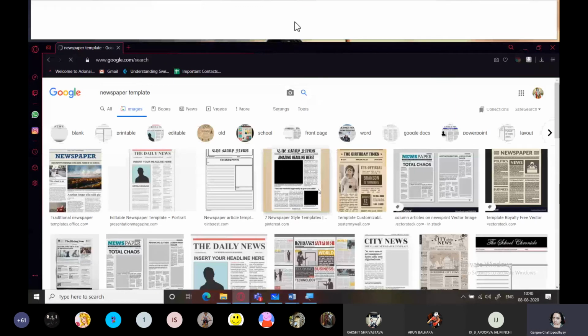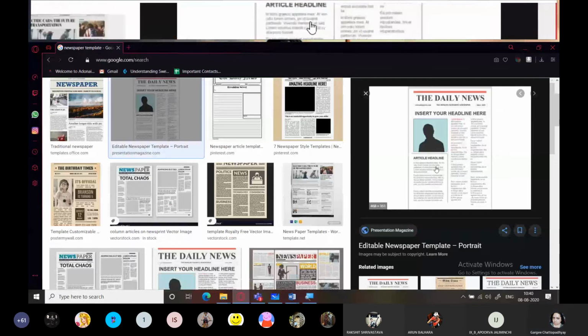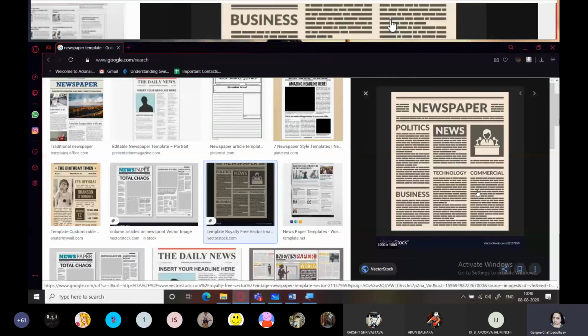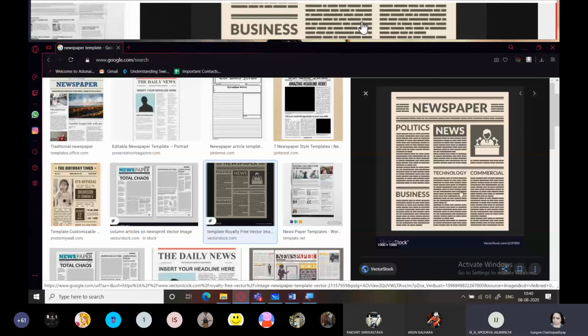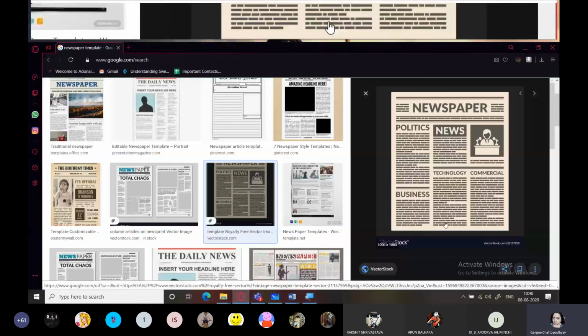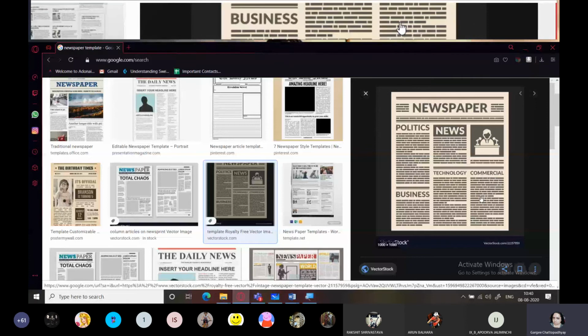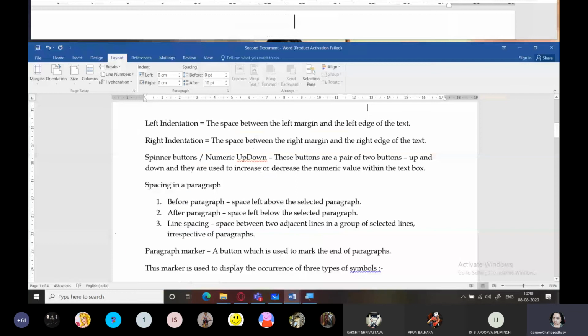In the newspapers, you might have seen text is written normally like this. Have you seen text written this way on newspapers? Yes, ma'am. This is the same article, but it starts from here, then it continues over here. That is, it appears in the form of two columns. So you can do a similar kind of setting here in Word also.